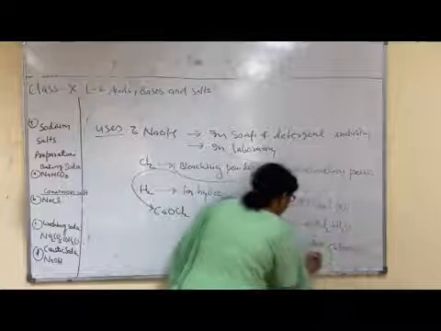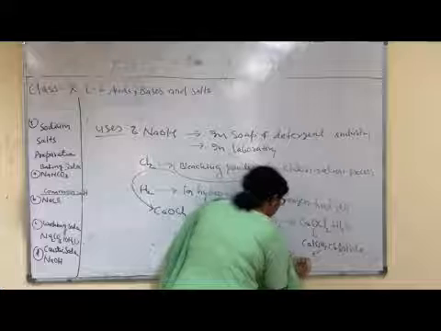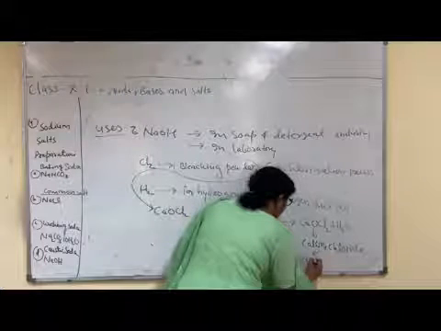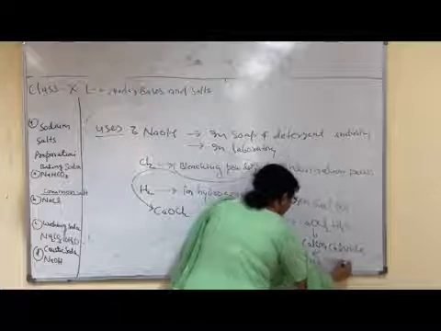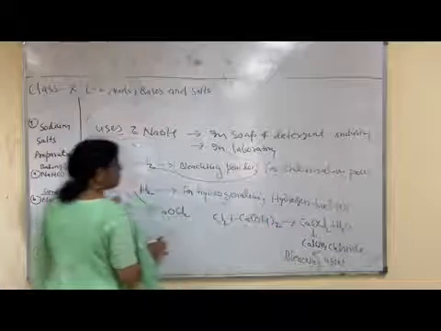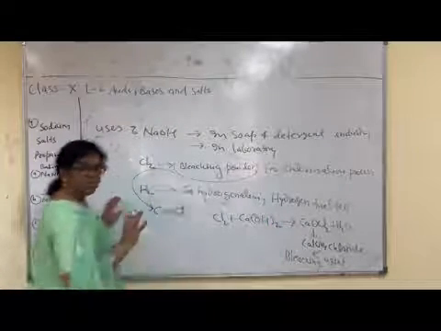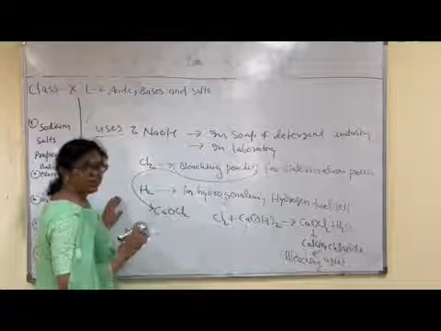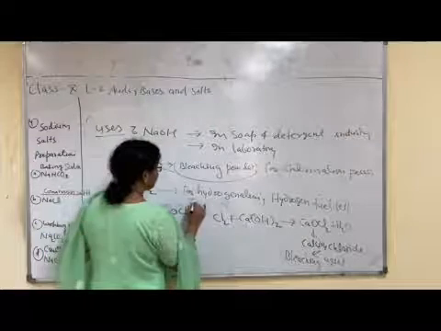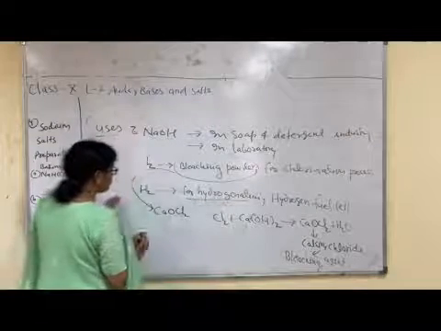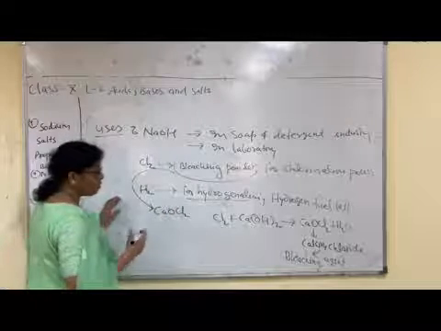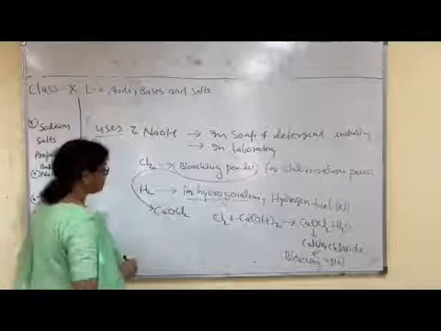is used as bleaching agent, right? For chlorination process, this means reaction of any chemical with chlorine is known as chlorination. Now, second, use of hydrogen for hydrogenation. What do you mean by hydrogenation? Reaction with hydrogen, right?